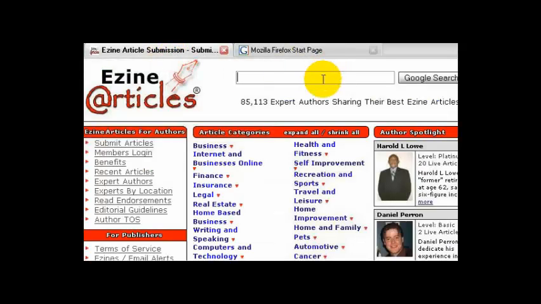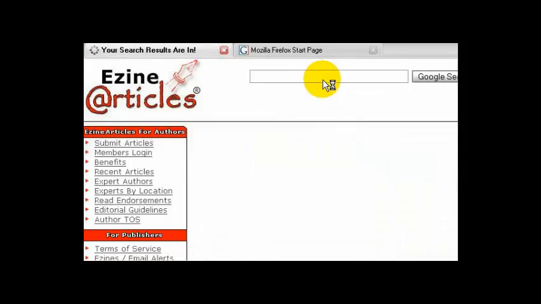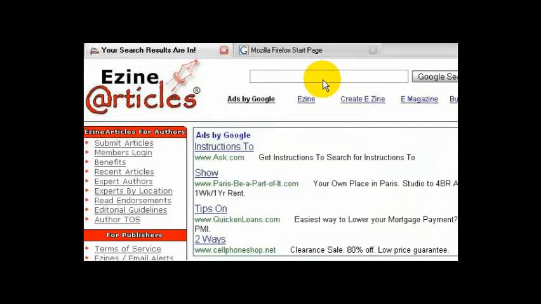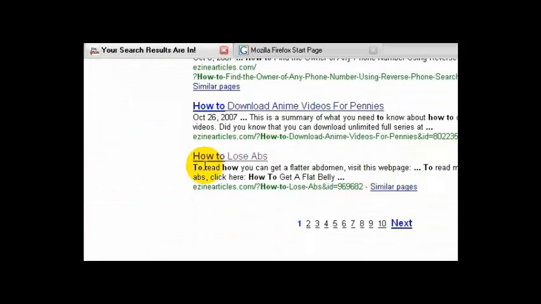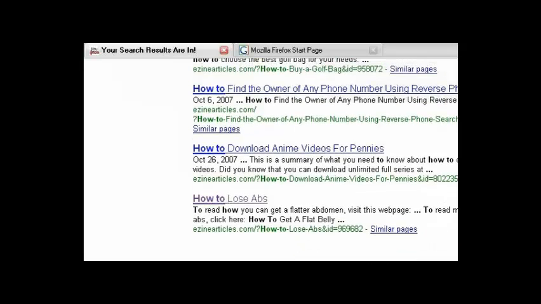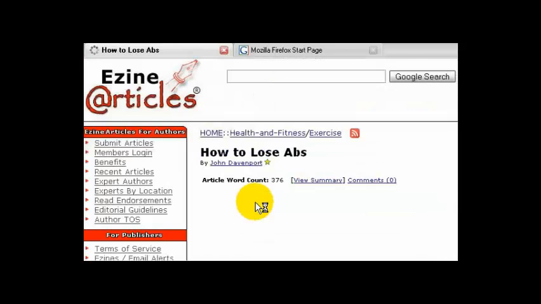The first thing I want to do is search for how to, just because that's a general thing that people type in, how to do this, how to do that, because generally that is a solution to whatever problem they have, like how to lose abs. So we'll go down and search for how to lose abs, which is at the top. And I'm going to show you this technique just so you can get an idea of how powerful one article can be. So what I'm going to do is go to this link, How to Lose Abs,